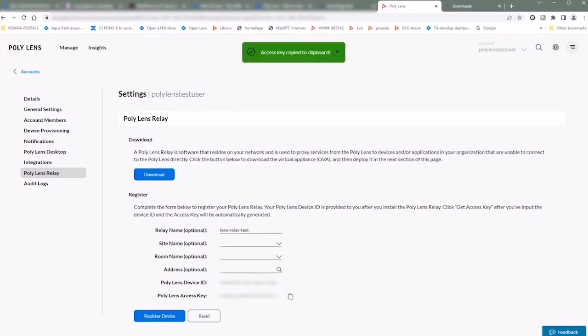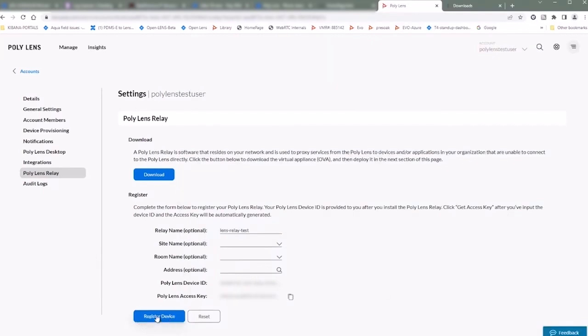And then we'll come back to our Lens Relay URL and paste that into there. And now we will submit that access key. Access key has been updated. And now the web server that we enabled through the Thin Shell has now been disabled. So this is a one-time operation to enable the Simple Web Server to allow this operation to copy the Lens device ID and then paste the Lens access key.